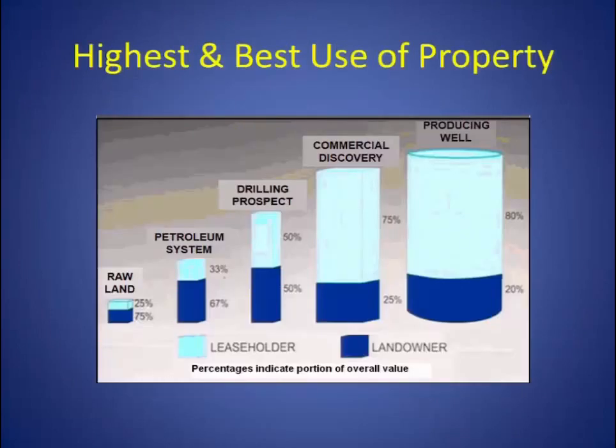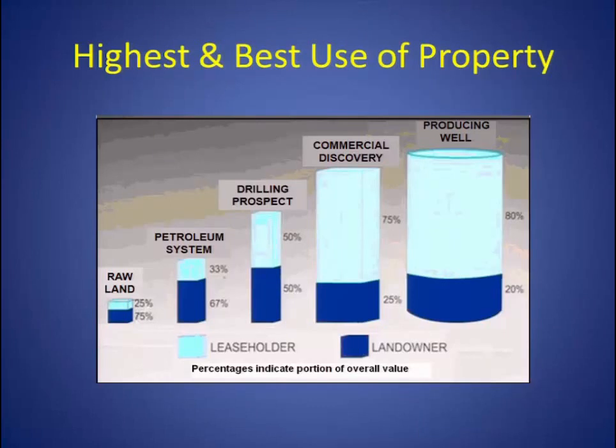I think I used this first time about 20 years ago at a University of Tulsa course, Appraisal of Oil and Gas Properties, and we tried to show that the overall value, described by the size here, increases as you go from the raw land through the petroleum systems, drilling prospects, commercial discoveries, up to producing wells, with the producing well obviously having the greatest value and the raw land having the minimum value, but then also an approximate relationship on a percentage basis between the oil company's value and the landowner's value, with the raw land being the